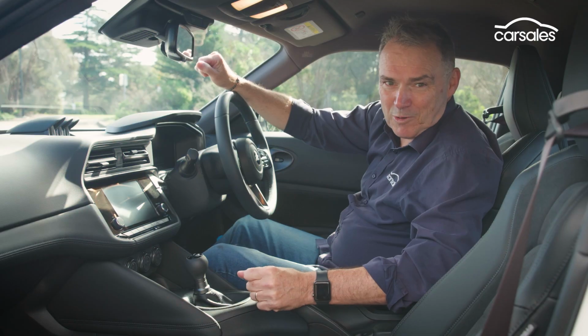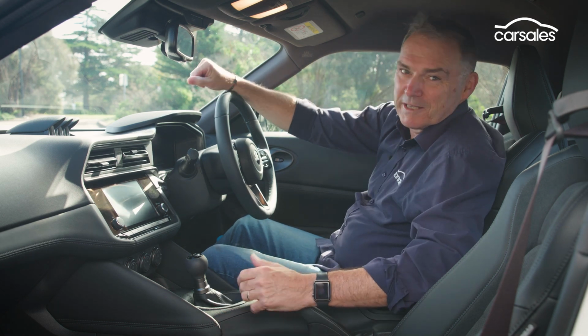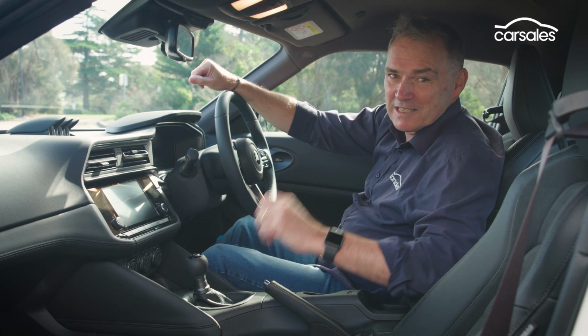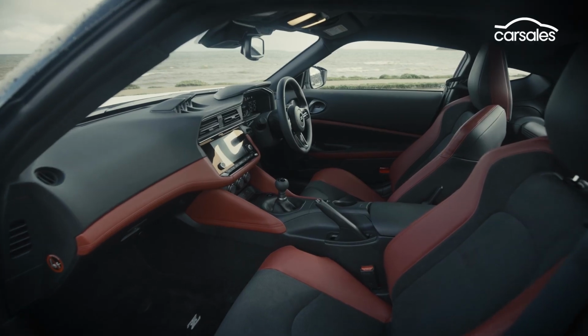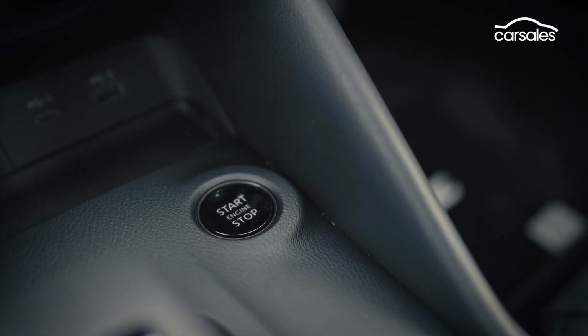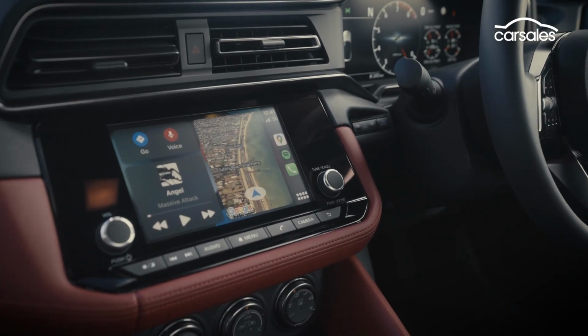There's no doubt you're in a sports car when you nestle into the tight confines of the Z Coupe's cockpit. And don't worry about being asked to take the neighbour's kids to school. There's no back seats and not much storage space. What's pretty obvious in the cabin is there's been some cost cutting to keep the price under control. There's a lot of hard surfaces, the aircon is a basic system, there's no embedded sat-nav and no fancy lane